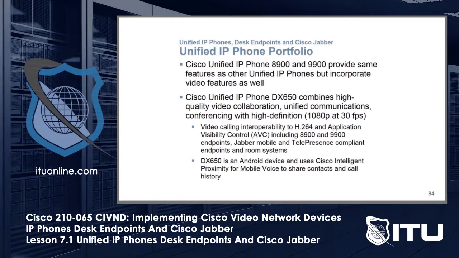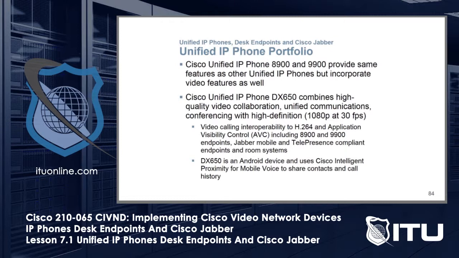All of the video calling capabilities and interoperability are supported using H.264 and what we call AVC, or Application Visibility Control. And that includes the 8900 and the 9900 series endpoints, Jabber mobile endpoints, and all of our telepresence compliant endpoints as well,